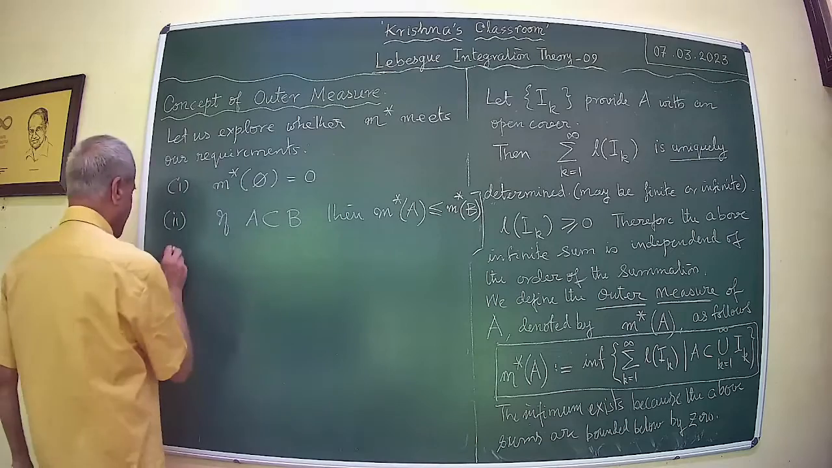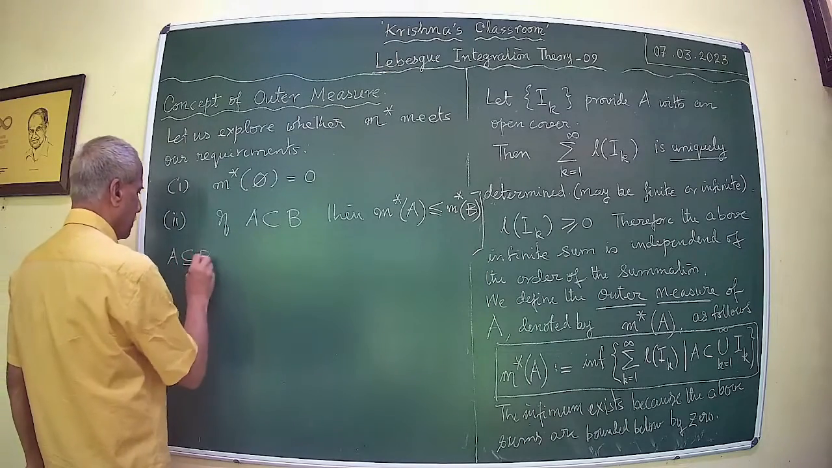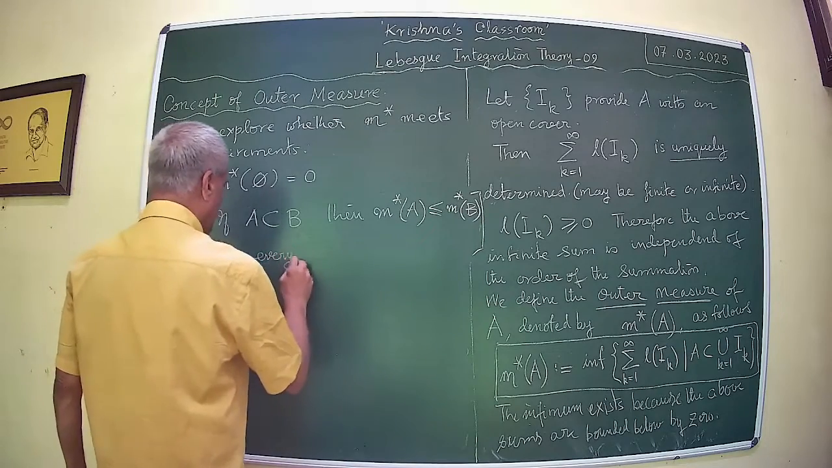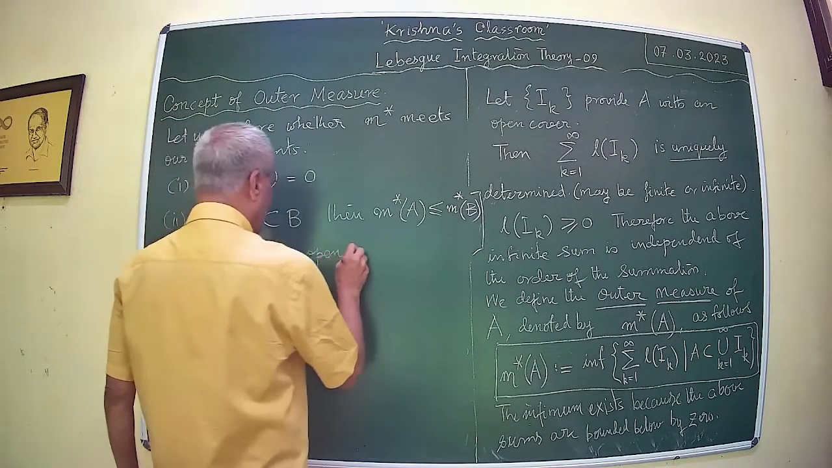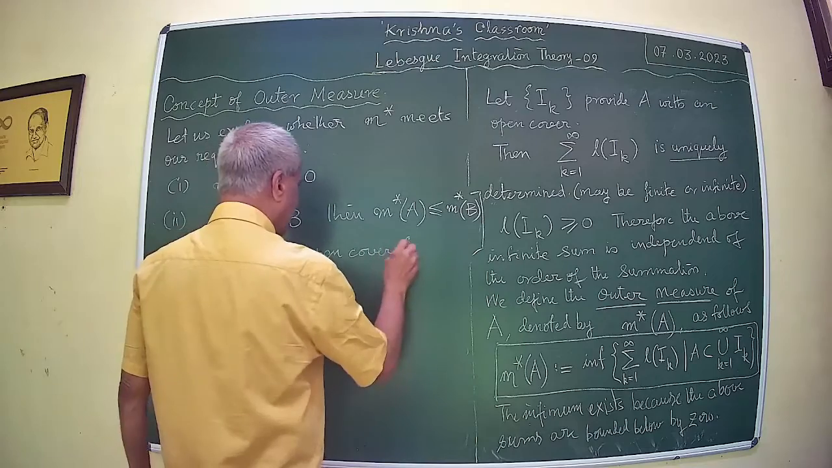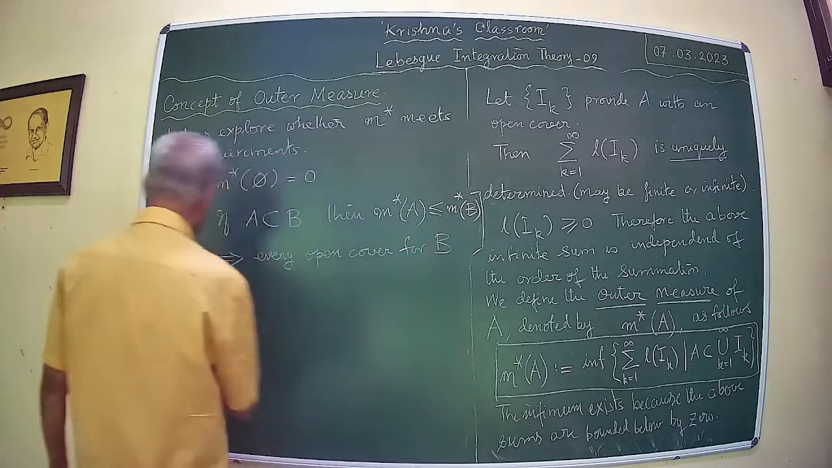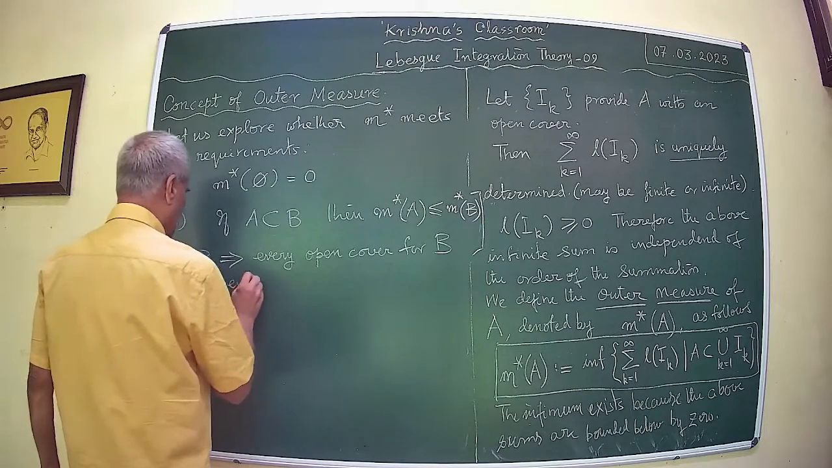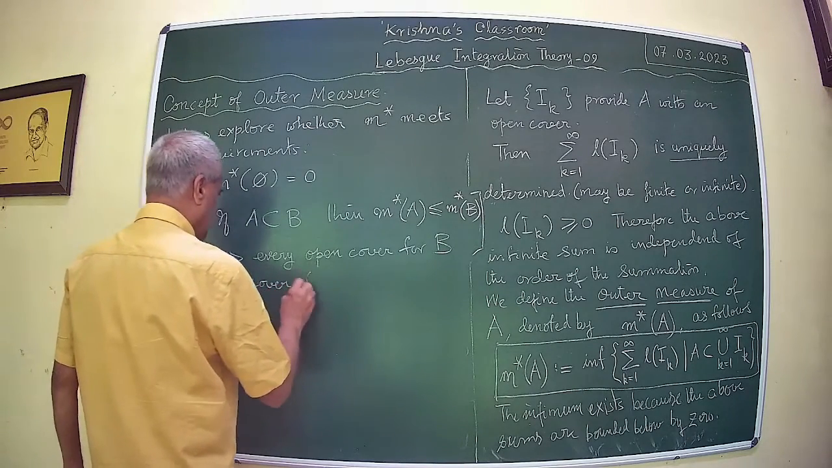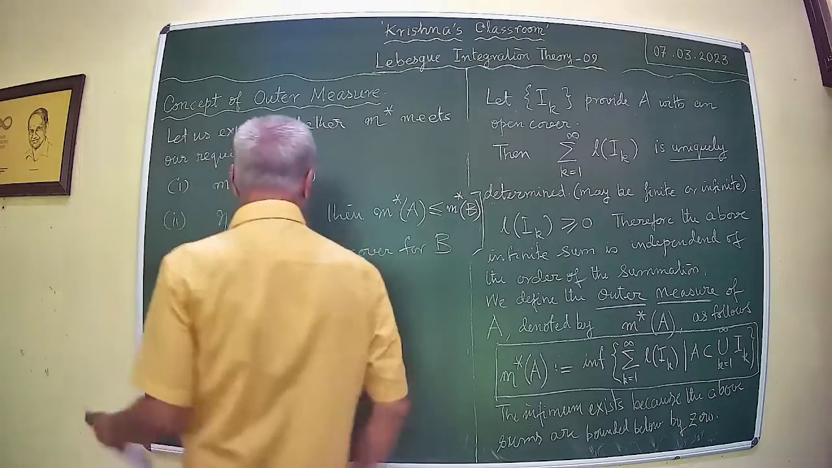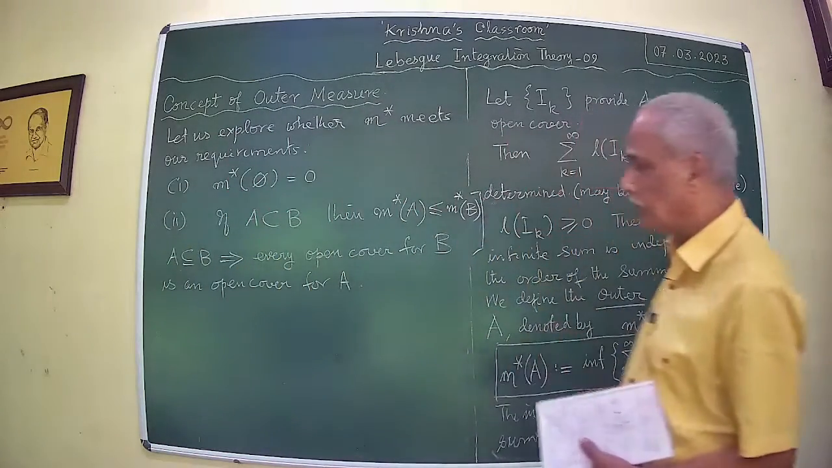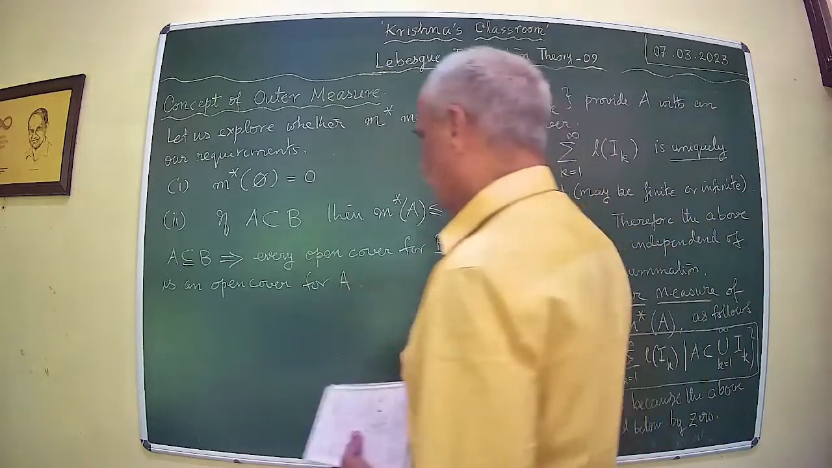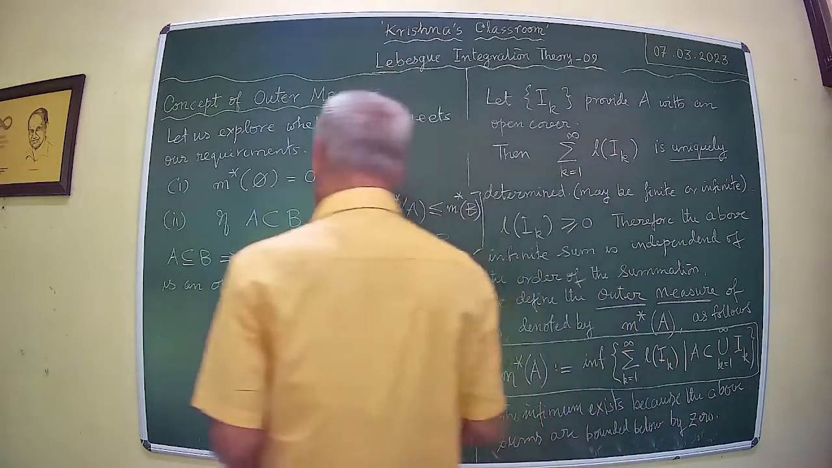That's quite easy to see. A is contained in B; we are talking about any subset of R, not necessarily an interval. Any open cover of B is an open cover for A. Hence,